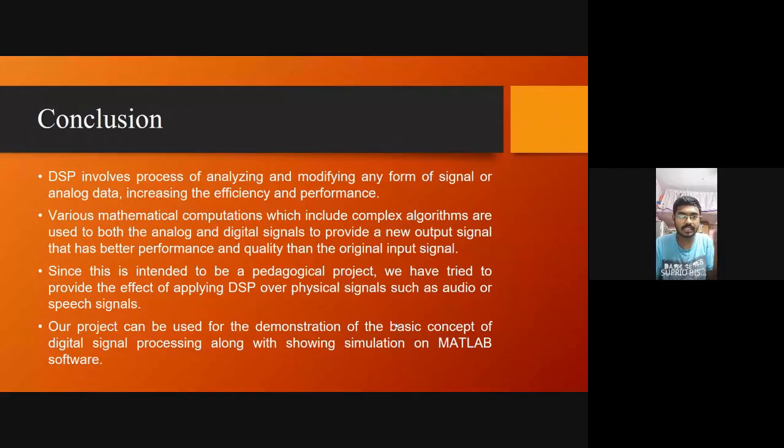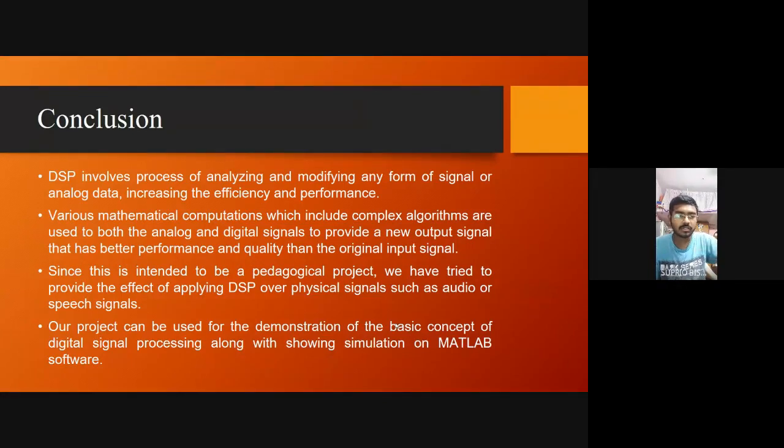Like you've seen, the filter implementation is very simple. Low pass, high pass is just a click away, not any change of the circuit. This doesn't depend on any parameters of RC or anything. No op-amp, nothing is required. So this is a demonstrative, pedagogical project to demonstrate the idea of putting MATLAB things onto the physical world, applying physical signals. As you've seen, we implemented the filters, the convolution algorithm, the FFT algorithm, and the resonator algorithm, and we have shown you the demo of all this.